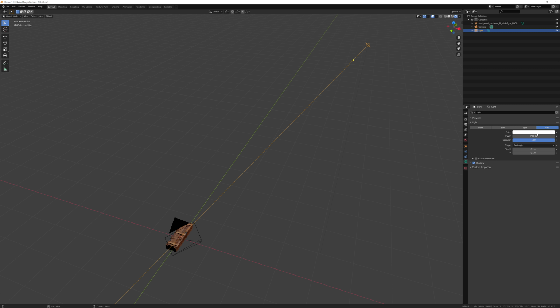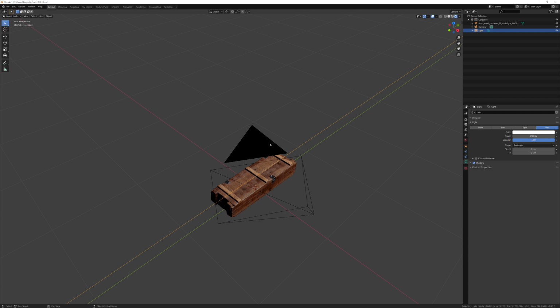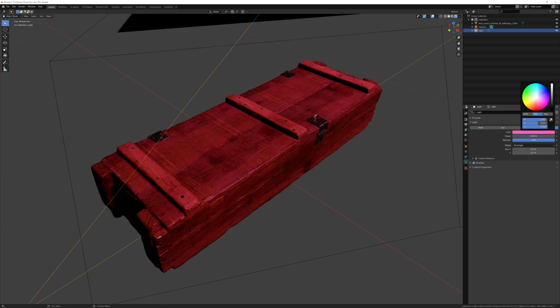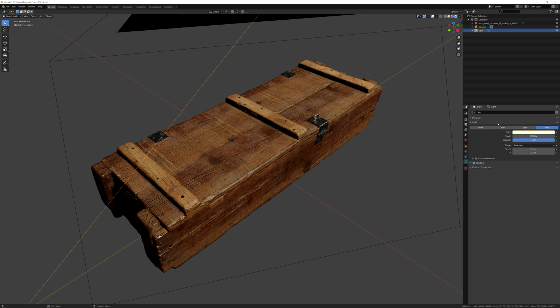And here we can change the color of the lamp to be anything that we want. Let's zoom back into our asset here. If we change this color, you can see that we can get some really wild effects. But I'm just going to keep this at pure white, so I'm going to right click on the color and go down to Reset Default Value. That's just going to bump the lamp right back to its original color. Then here we can set the power, which is the strength of the lamp, as well as the shape of the lamp. We're going to make sure that the shape is based off a square.